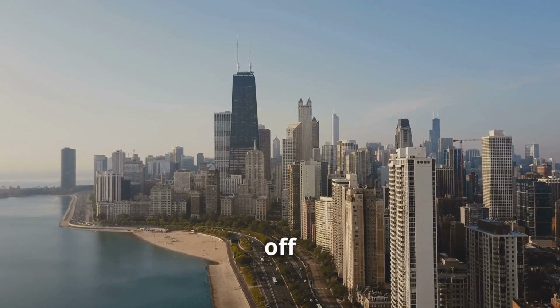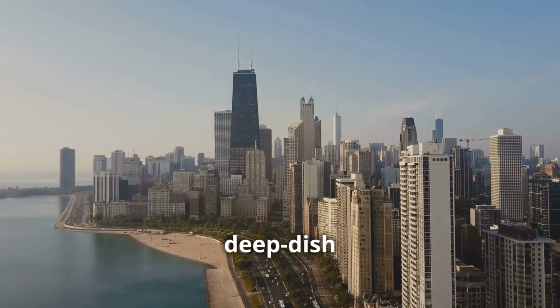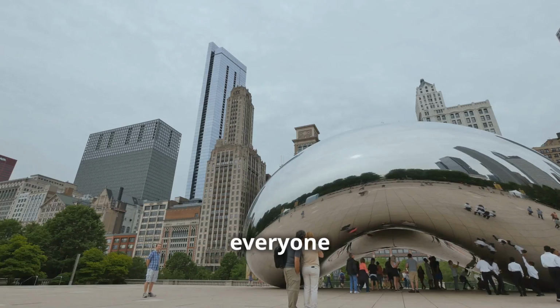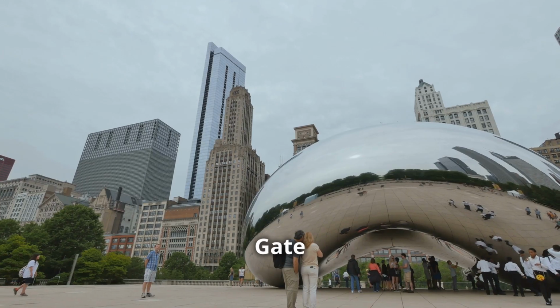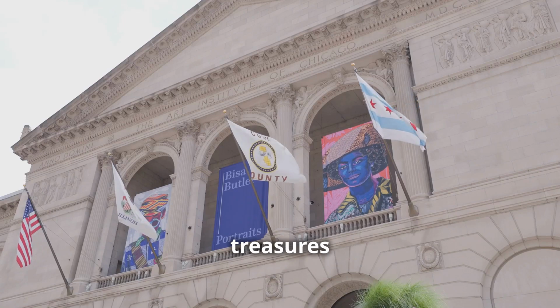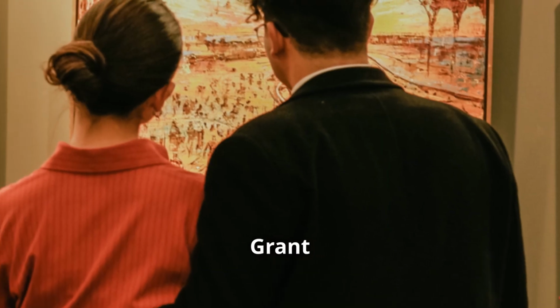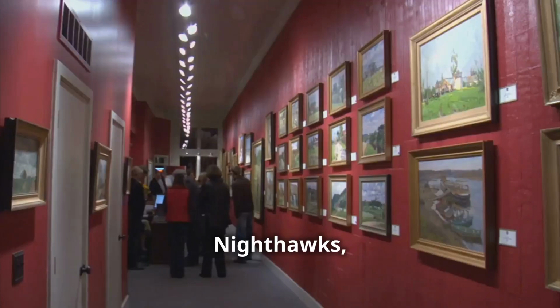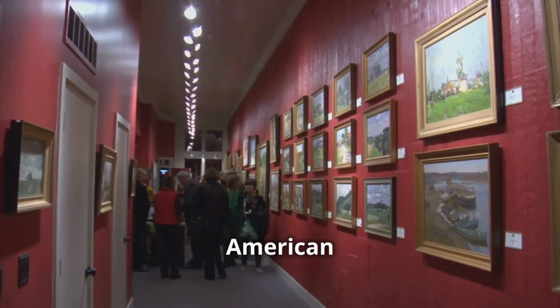Next up, we're off to the Windy City, home of deep dish pizza and the Art Institute of Chicago. Sure, everyone loves snapping a selfie with Cloudgate, aka the Bean. But trust me, the real treasures are inside. From iconic Grant Wood's American Gothic to Edward Hopper's moody Nighthawks, this museum is a crash course in American art